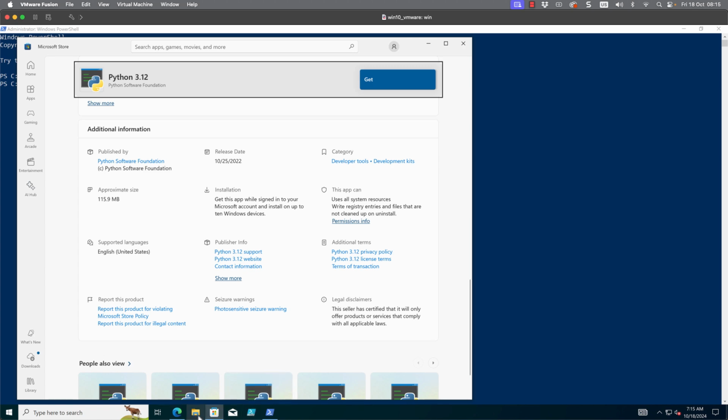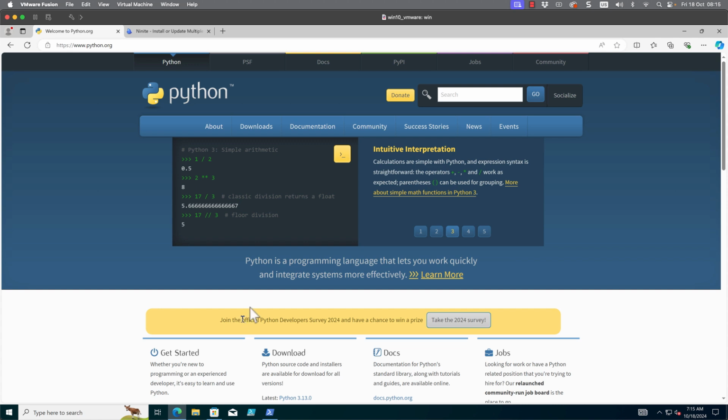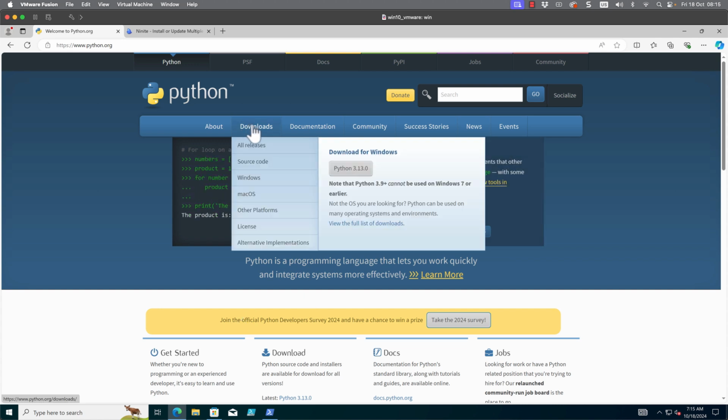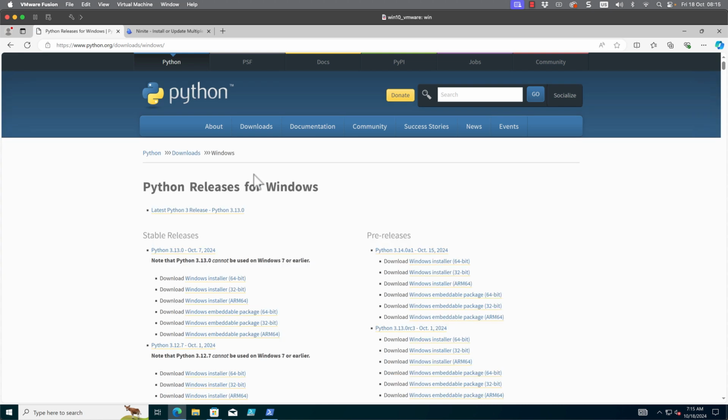So let's move through to our browser and moving through to python.org. We can move to downloads. If we look at Windows, we can see all of the Python releases for Windows. We can see the most recent release is 3.13.0, but we also have older versions as well as pre-release versions that we could work in alpha or beta. Now, we probably don't want to work with those pre-release versions, but why don't we take the latest stable version of 3.13? Now, of course, I could download the installer from here.